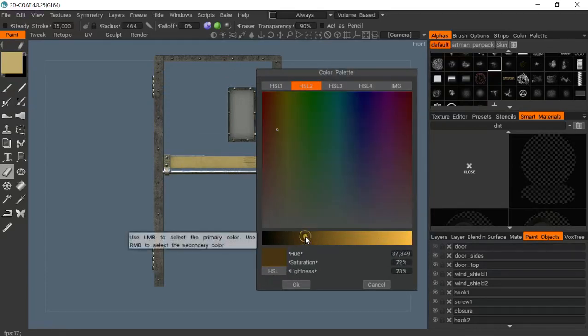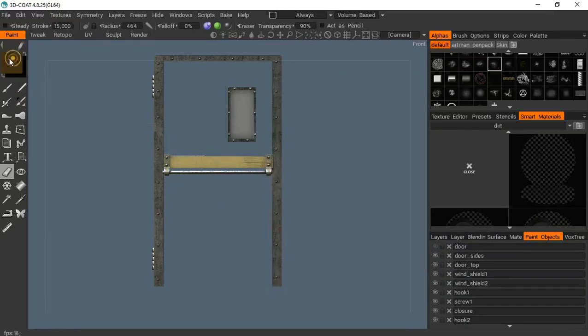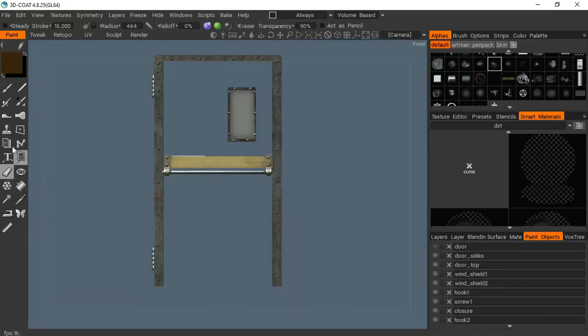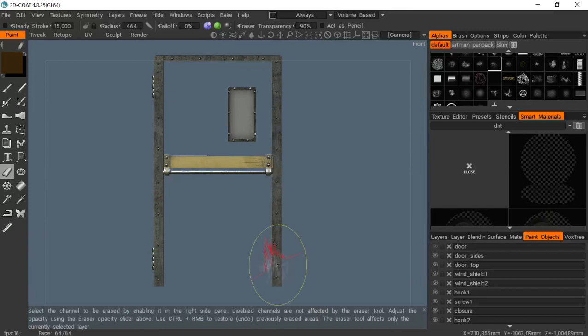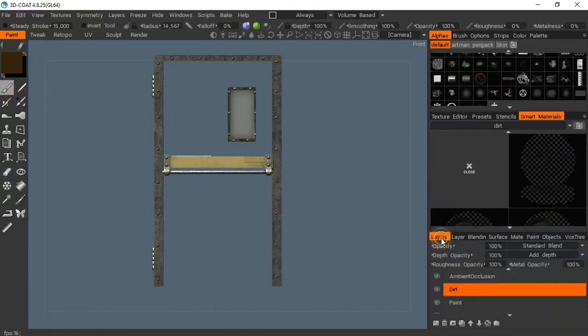So if I come to brown, yes, great, that looks good. Let's drop the darkness a little bit more. And then from there, I can paint on my dirt,